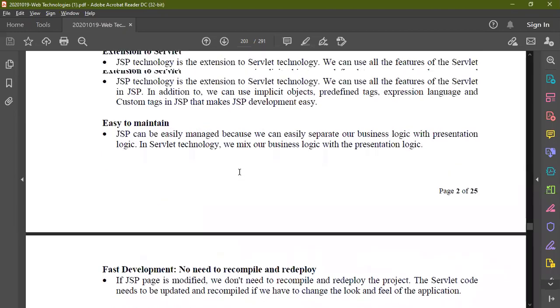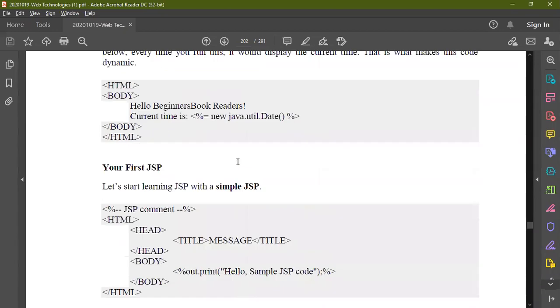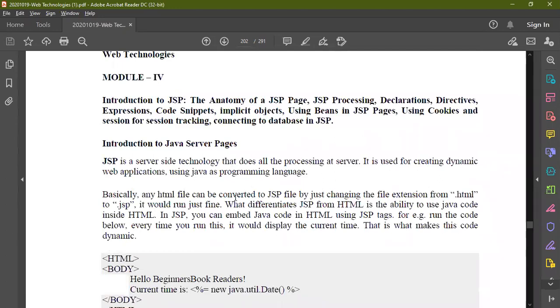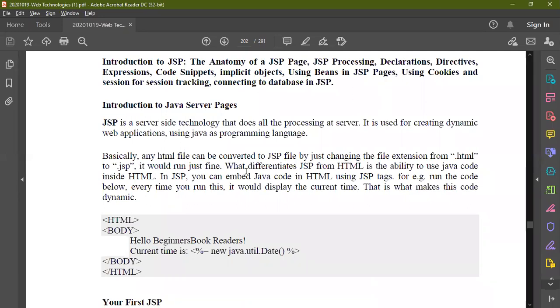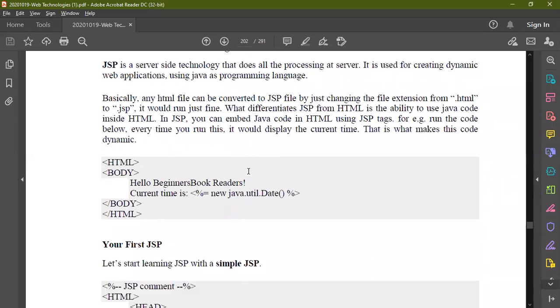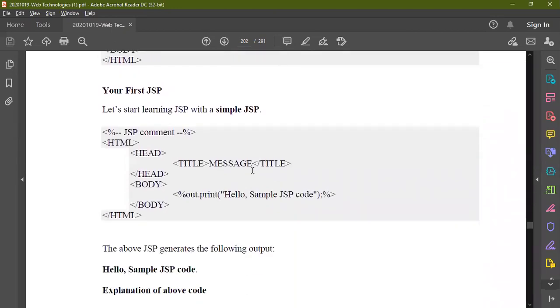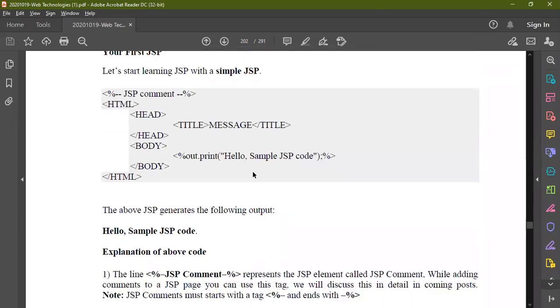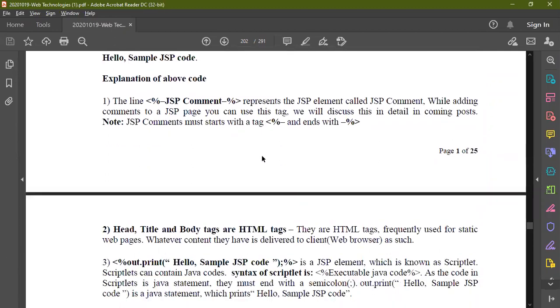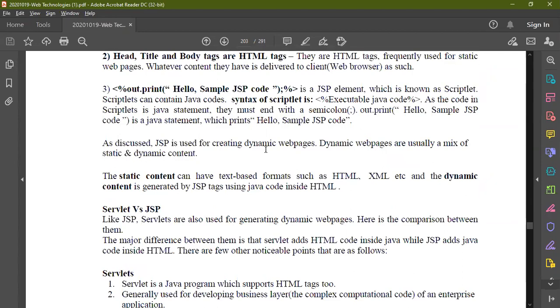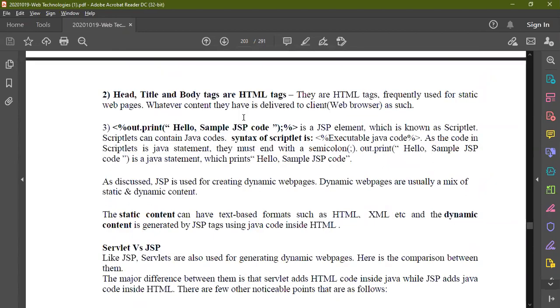Okay, so I will just brief it again. We have discussed the introduction to JSP, the use of JSP, and how JSP is different from HTML and also from servlets. We discussed why we use JSP when we have servlets, the real-time difference between an HTML page and a JSP page, and how to write a simple JSP page and what things are there in it.